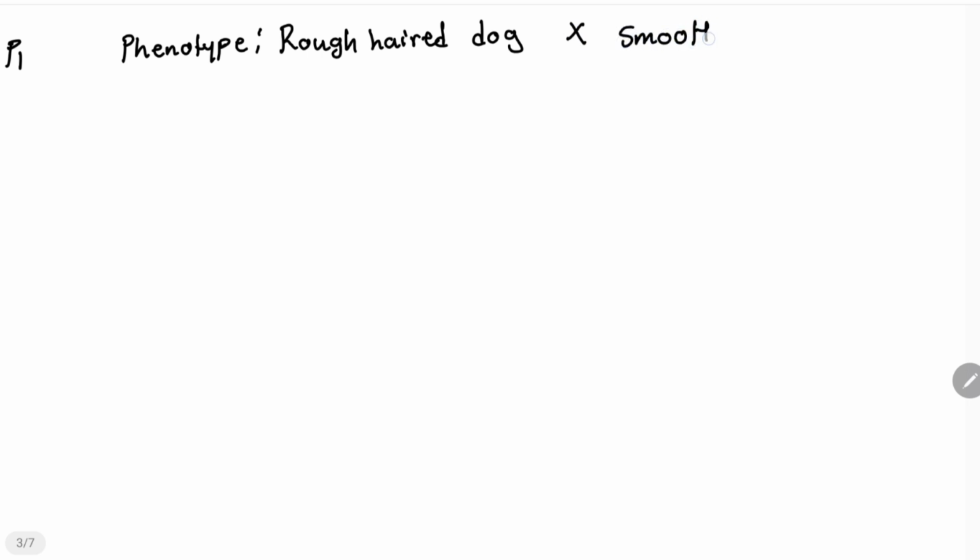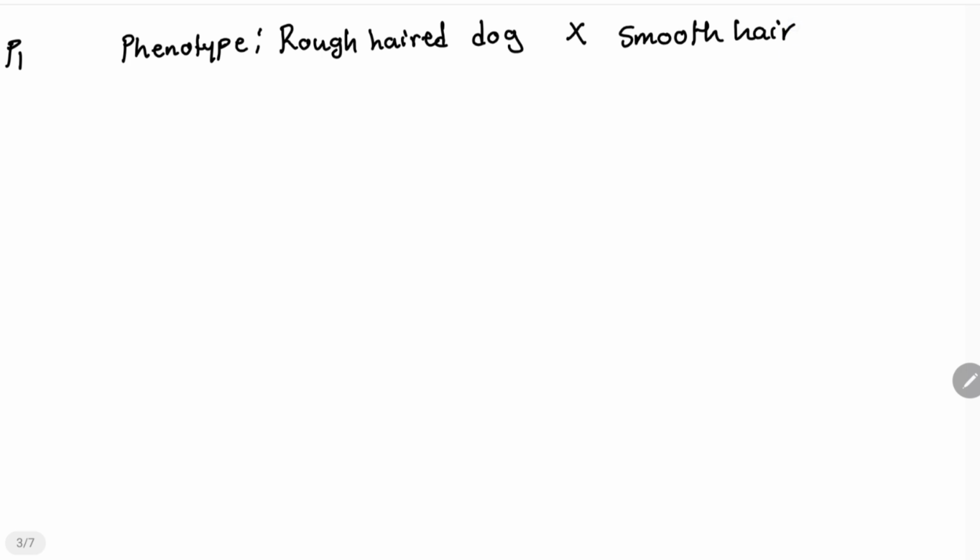So first off, we write P1. In front of P1, we're going to write phenotype. Now, P1 simply means the phenotype of the parents, right? So we know that one of the parents was said to have rough hair. So this is a rough-haired dog. This rough-haired dog was crossed with another dog that had smooth